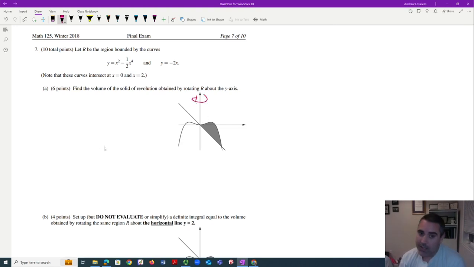Okay, I want to use x. I see that right away. Why do I want to use x? Because there's a clear top and bottom. If I do left and right, I'm going to have to split it up a whole bunch. So